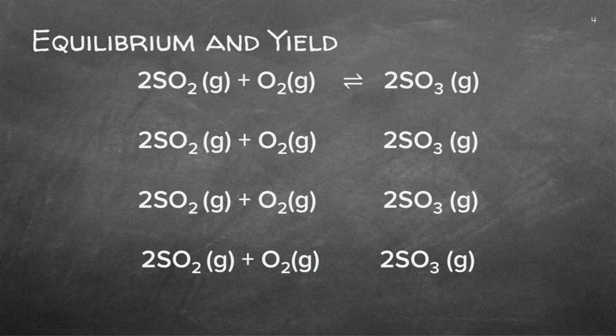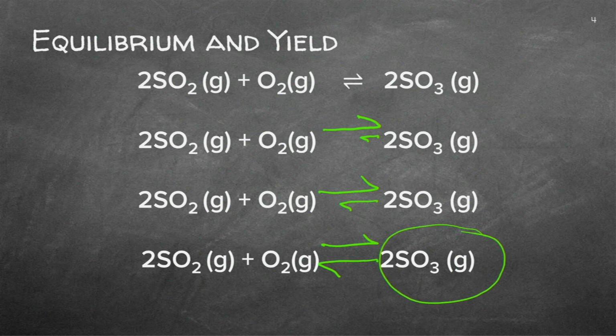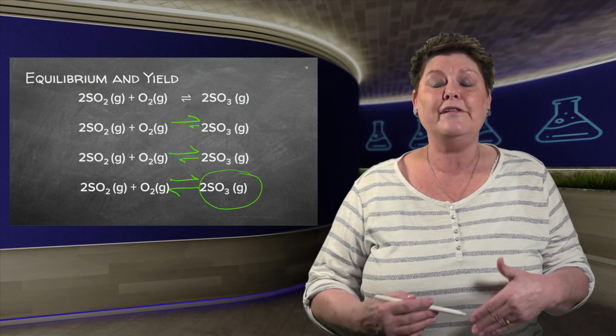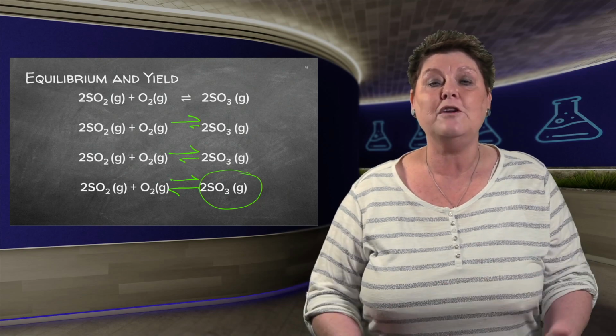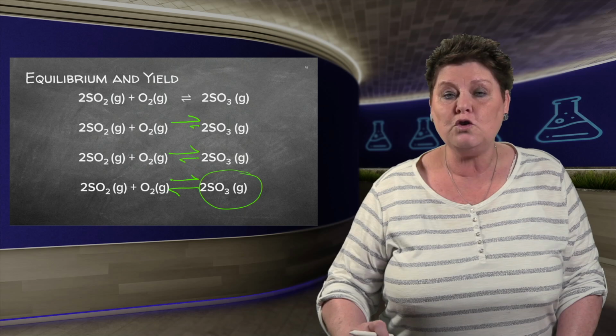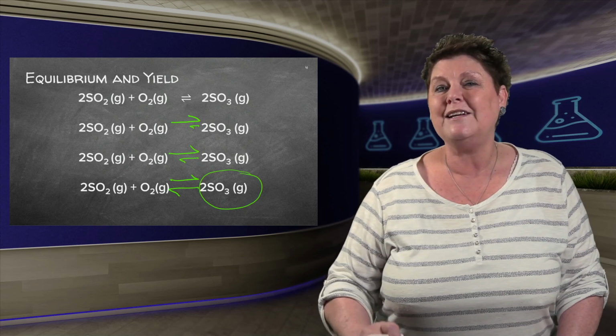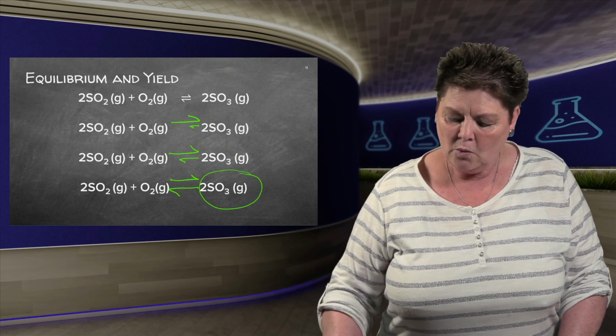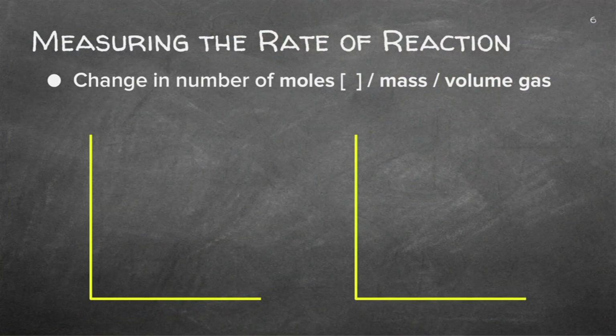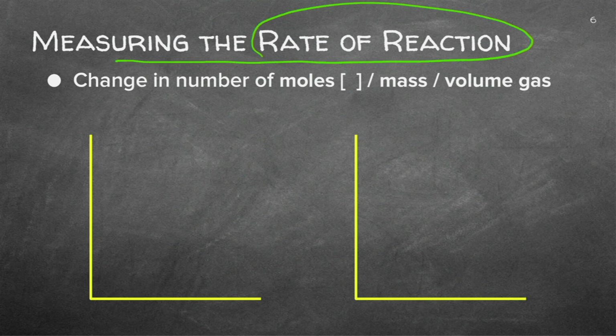Remember where we said it will first go forward a little bit and a bit more until you reach equilibrium. And if you're in the plant that wants to produce SO3 in this chemical equilibrium, you will have no product. So we need to change the equilibrium by disturbing a factor. We can put this on graphs that you've done before. We can measure the rate of the forward and the reverse reaction.